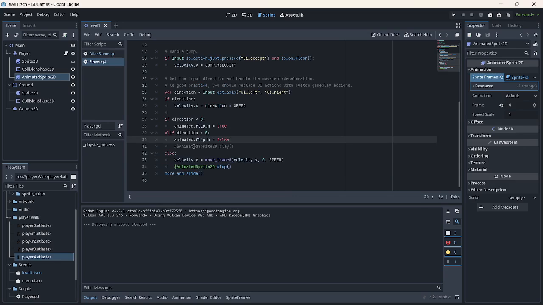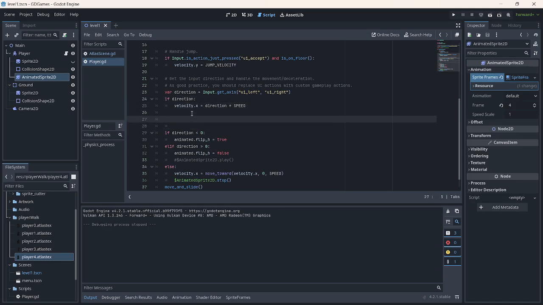Then what we can try to do is to have this play just above this if statement. So here I would say that I want that animated sprite play,